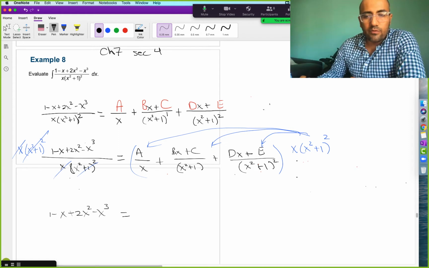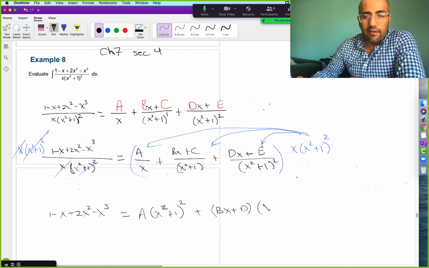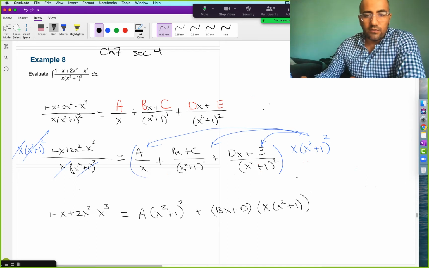Now when I distribute, this x cancels with that x, giving me capital A times (x squared plus 1) squared, plus, and then I get (bx plus d) times, and then when I distribute, I have an x, and then only one copy of the x squared plus 1 survives, since one of them will cancel with this, since it's squared,